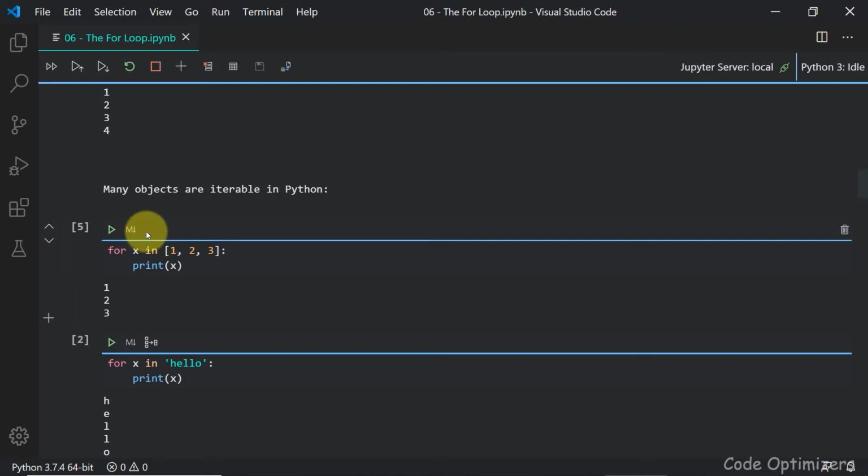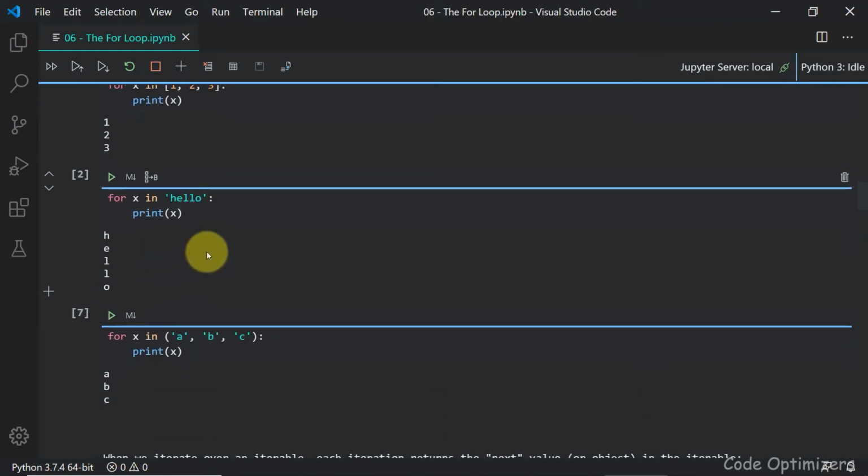Iterables are capable of returning their members one at a time, so it will return only one, and it will assign it to x, and then it will print x, that is 1. Then in the next iteration it will assign x to 2, then in the next assign x to 3. So it will print 1, 2, 3.